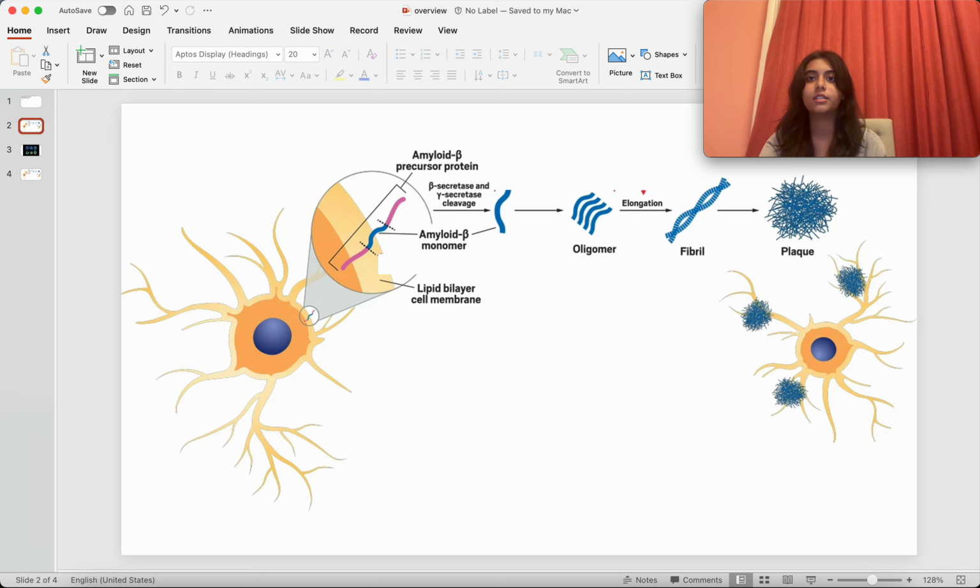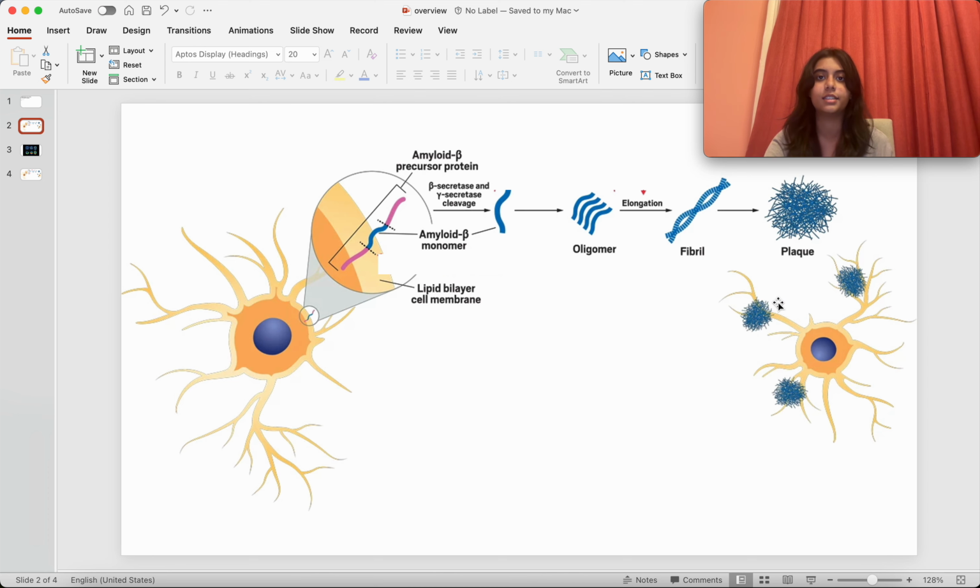As most of us know, Alzheimer's disease is a neurodegenerative disorder that affects cognitive function. One of the key mechanisms of the disease is the formation of amyloid beta plaques. As shown in this figure, fragments of the amyloid precursor protein are abnormally cleaved, leading to accumulation of the amyloid beta peptides. These peptides clump together to form plaques in the brain, which disrupt communication between neurons and trigger immune